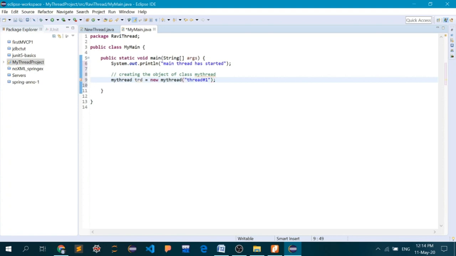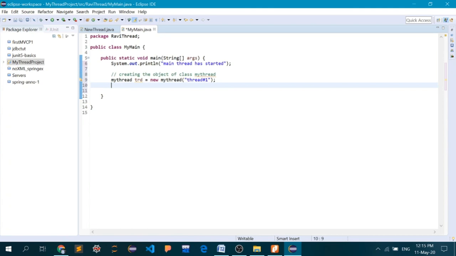Now all we have to do is just use this. One thing that I told you in the last lecture is that your main thread must be the first thread to start and must be the last thread to be terminated.